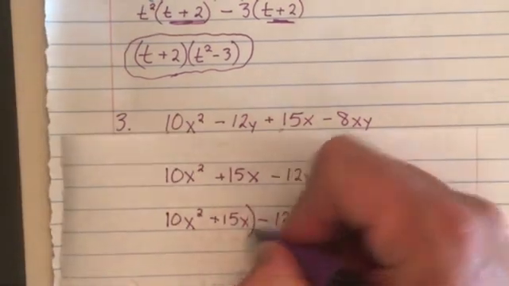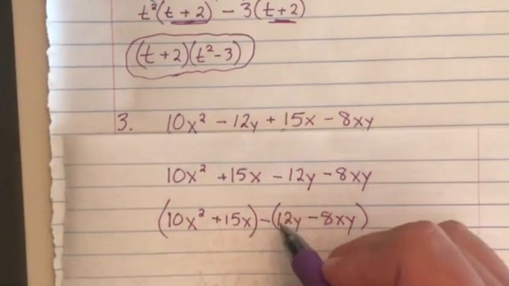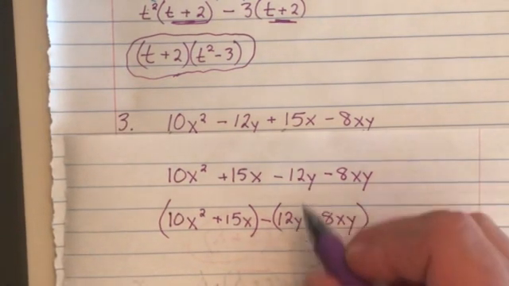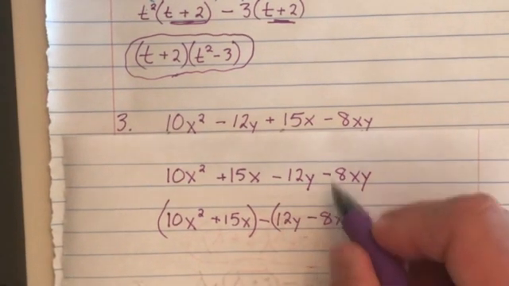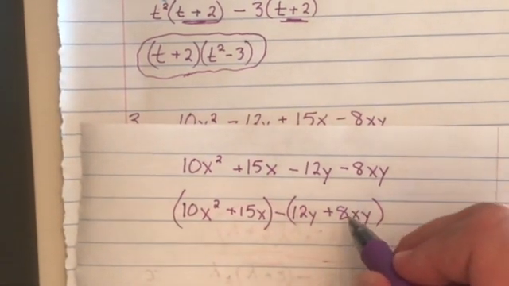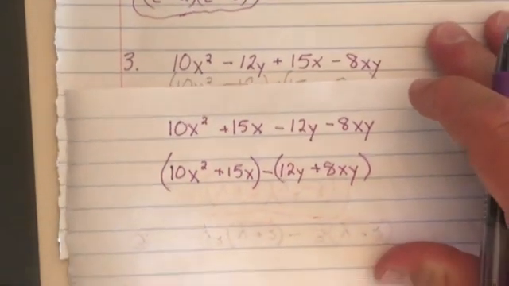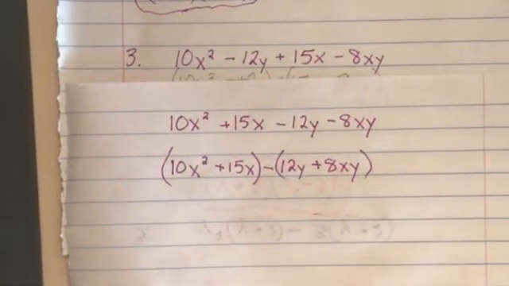Okay, I group my first terms. I group my second terms. I notice that I have a -12y. That's okay. A negative times a negative would have been a positive. So again, I have to change the sign on this one now. A negative times a positive 8xy is a negative 8xy. Okay. Now we're going to look for a greatest common factor,